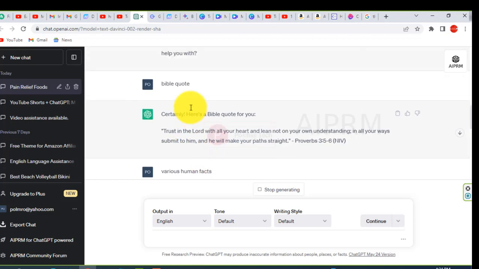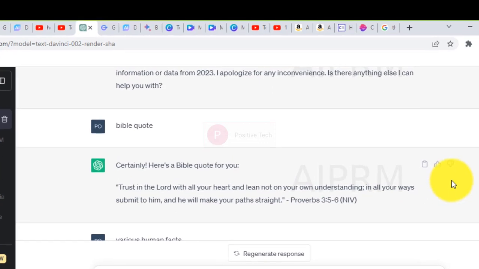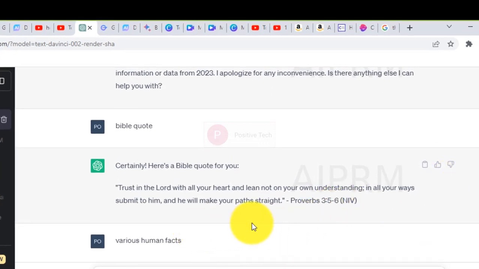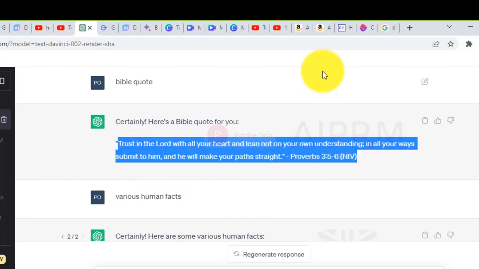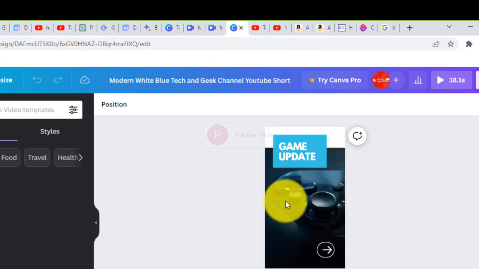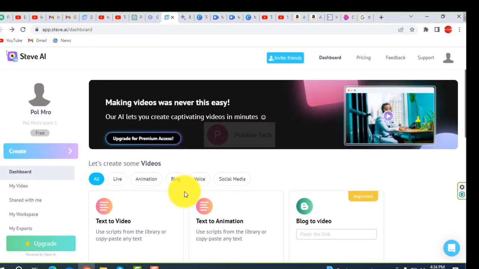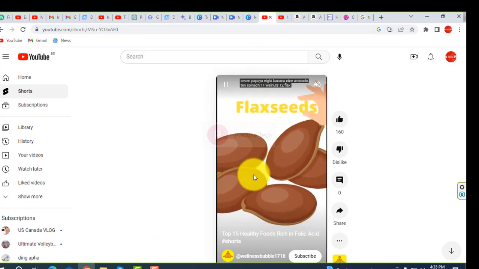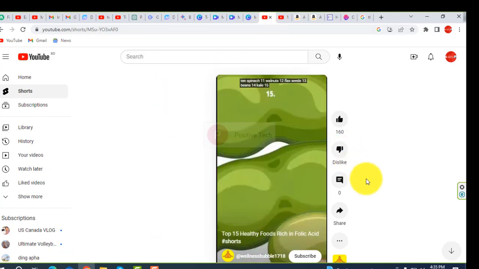Next Bible codes, trust the Lord, and you can regenerate again here. That way you can take these, copy and paste them into Canva, InVideo or Steve AI, make the video and upload it to YouTube Shorts, and it will generate more and more views, and you can earn money.